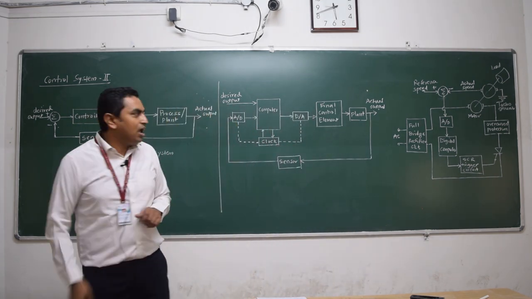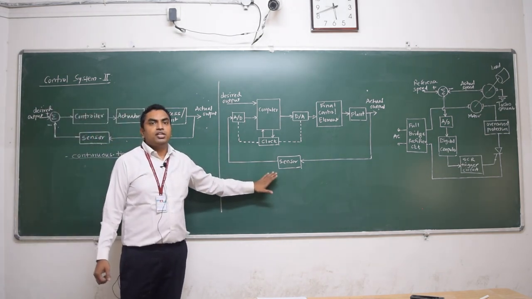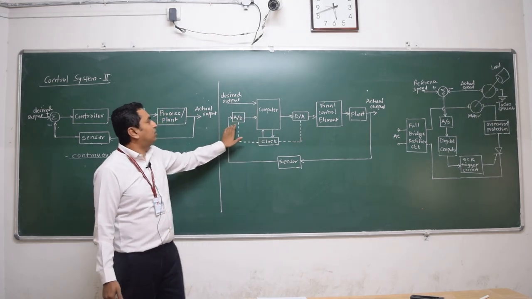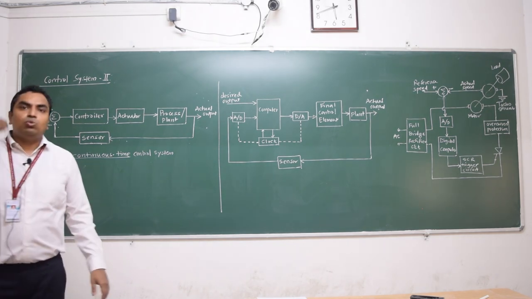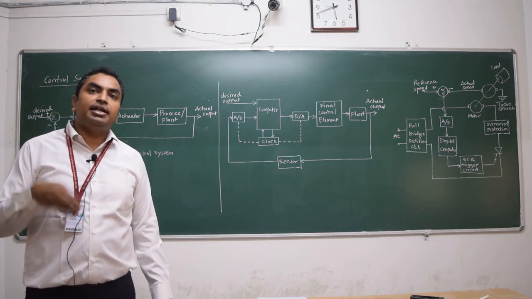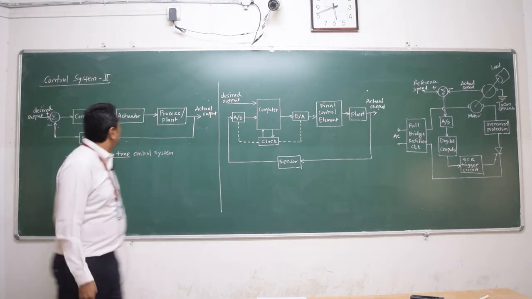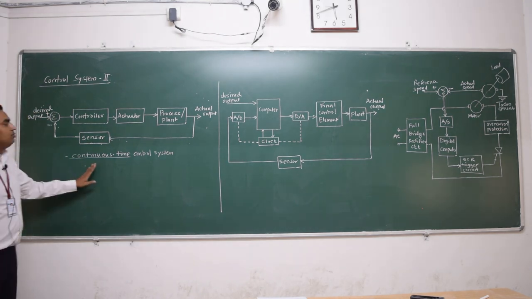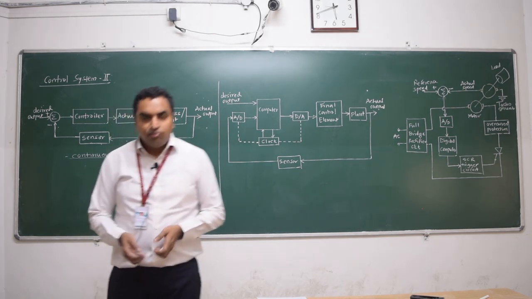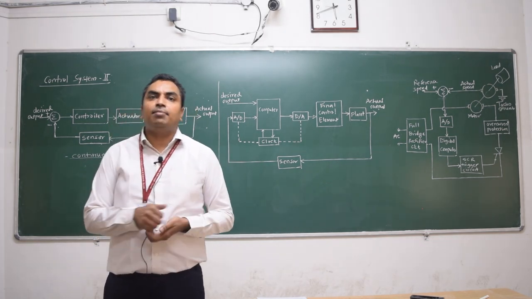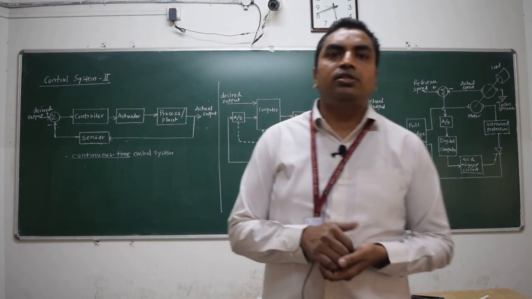But for today, we have seen the basic difference between the continuous time control system and the digital control system. A digital control system will have a computer, an analog to digital converter, and a digital to analog converter, converting the analog signal into digital form, and then again the digital signal into analog form. That is the digital control system, right? Next lecture we will talk about a typical example, the advantages, and the different types of signals that are used in the digital control system.